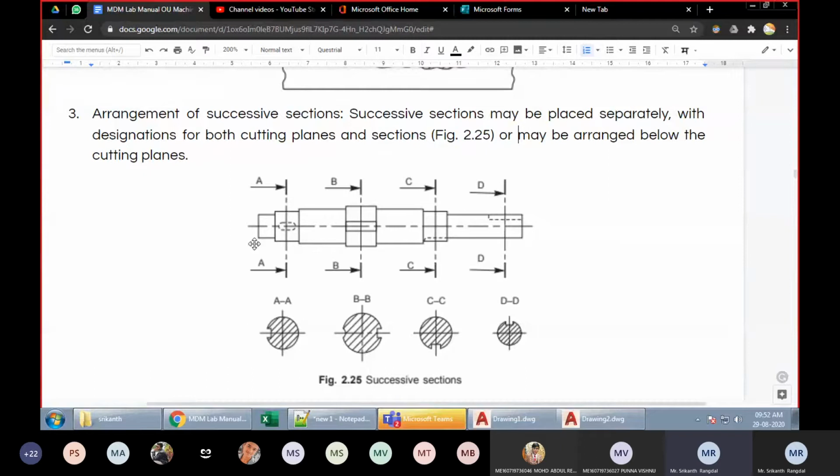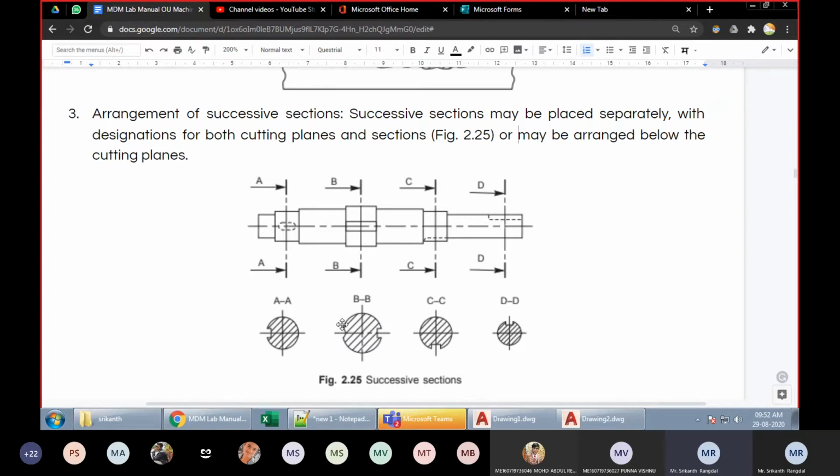And when we see it from the left side, this is where we see that groove, not on the right side. If it were on the right side, it would have been visible, and he would have drawn a solid, continuous line here, correct? And you can see here in section BB, there are actually two grooves. One is on the back side and one is on the front side.